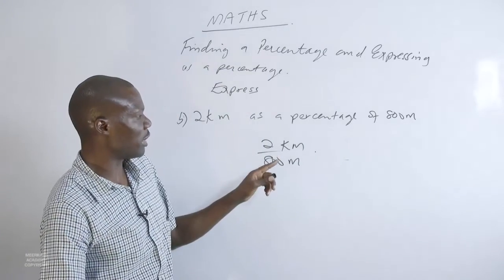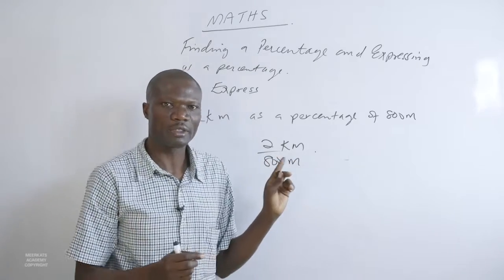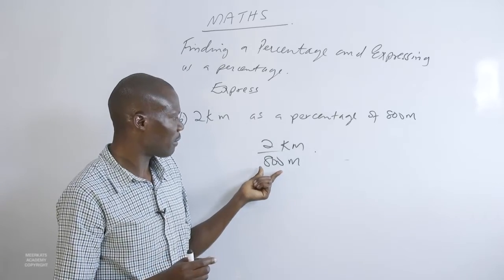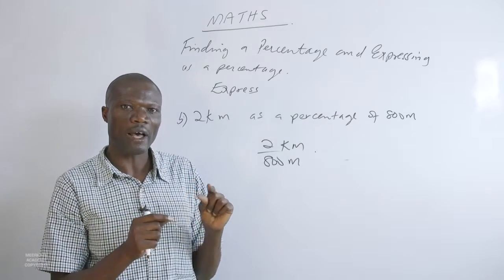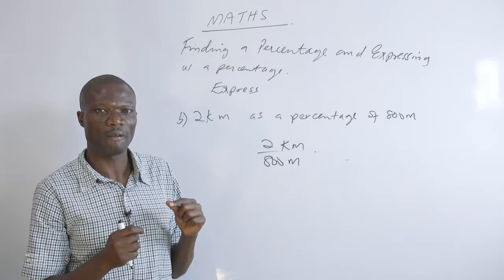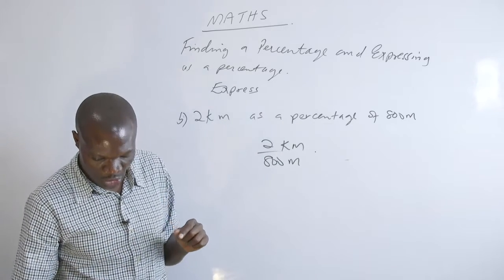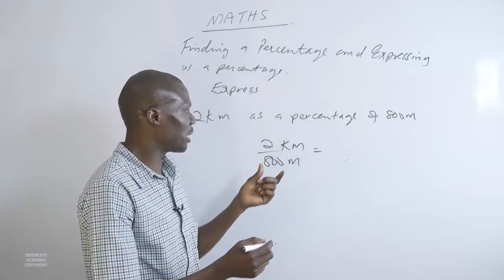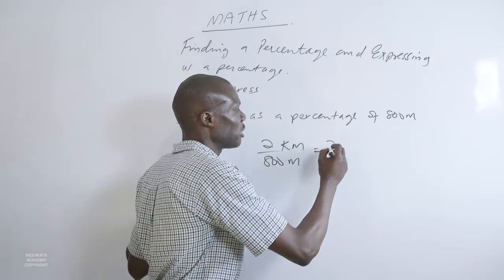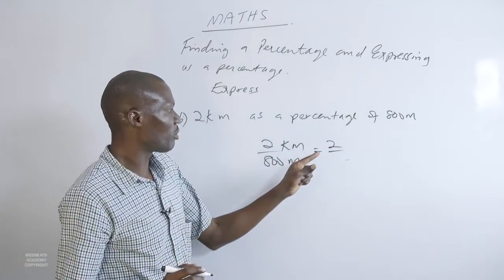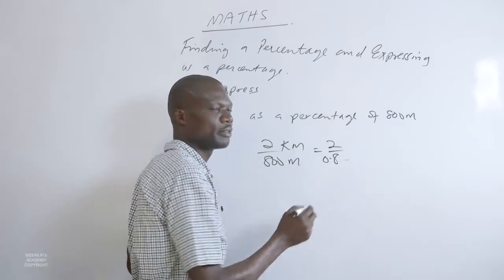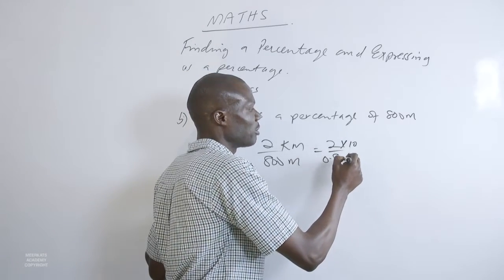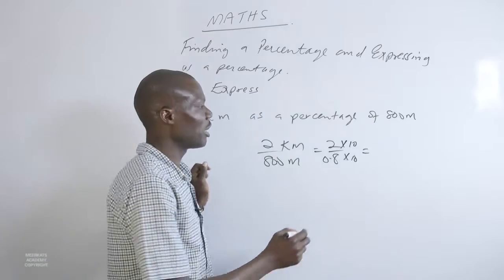Sorry, let's look at it. Let us convert it first. When you are converting this, we said we have kilometers and we have meters below. These two are not in the same unit. We need to have them as the same unit. That is what is very, very important. So, in this case, what happens is we convert it, it will be 2 kilometers over 0.8. Because the denominator is a decimal, we multiply both sides by 10, and when you do that, you'll have